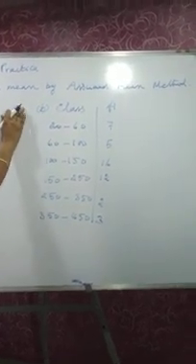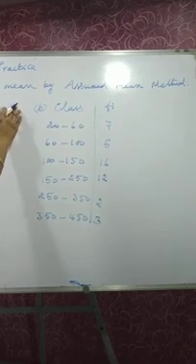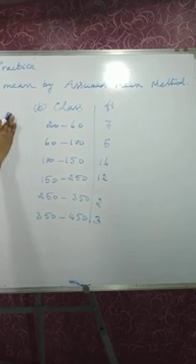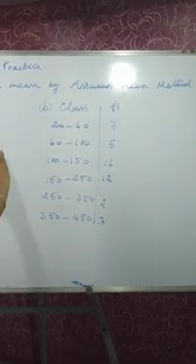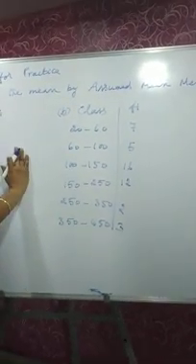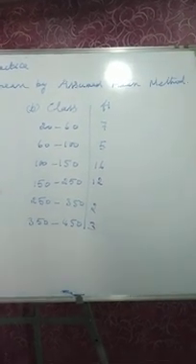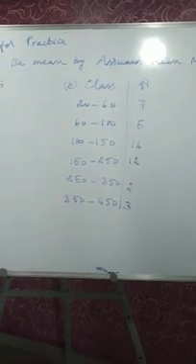What is a? a is the assumed mean. This assumed mean is fixed from which column? From the mid value column, where the more convenient number to take for the assumed mean is the central number of xi. And then the formula is x bar equals a plus sigma fi di upon sigma fi. That's all.